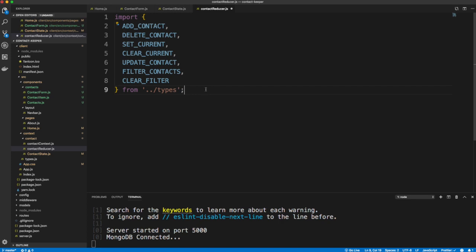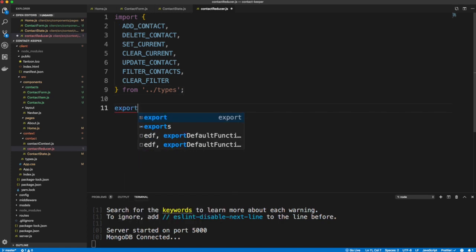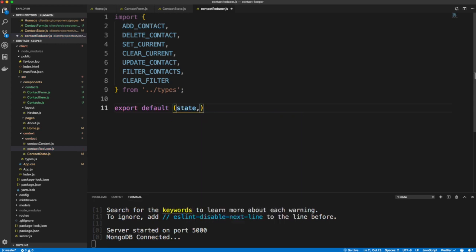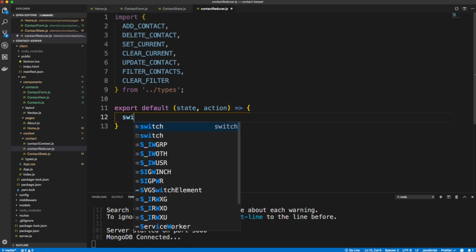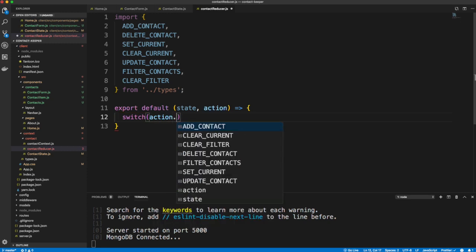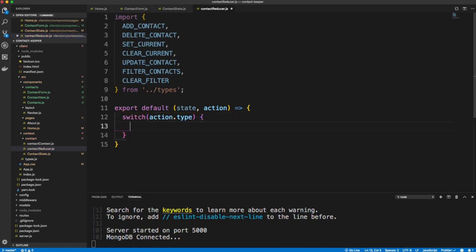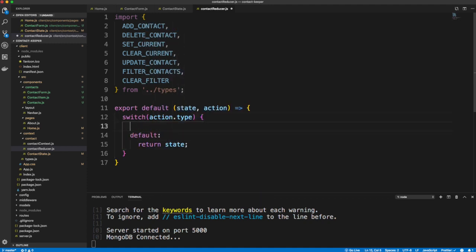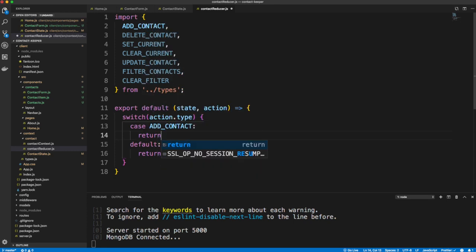That should be good. And then we'll create our function. So export default, and this takes in state and action. And then we want to have a JavaScript switch to look at the type, so action.type. And we're going to have a default case here that's just going to simply return the state. Okay, now let's add our case of add contact, and when that happens, what we want to do is return